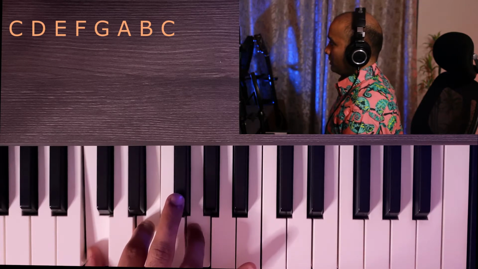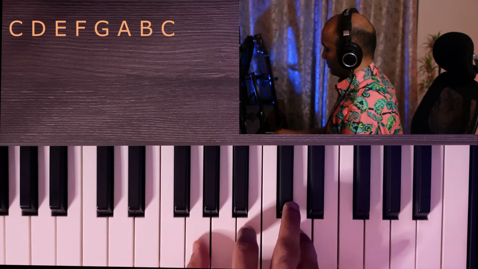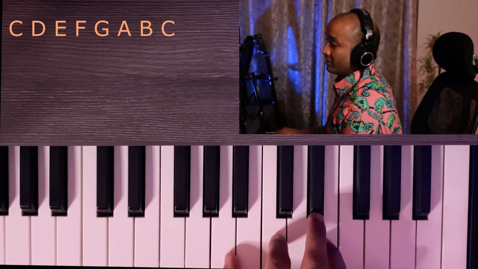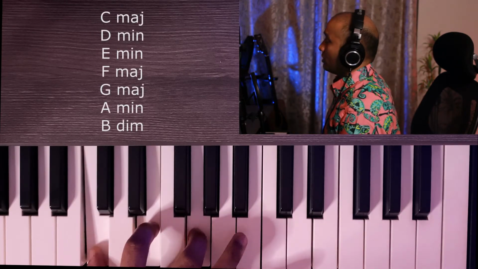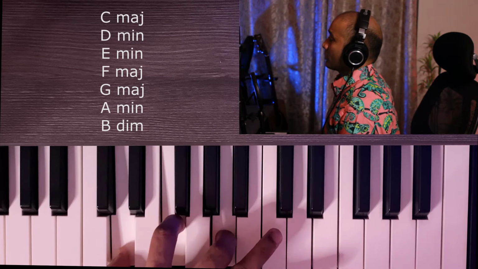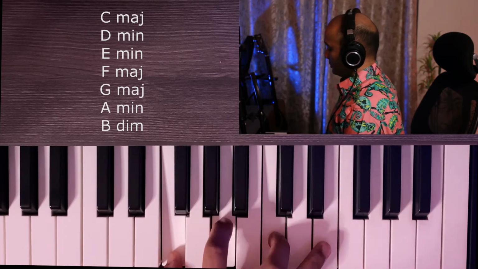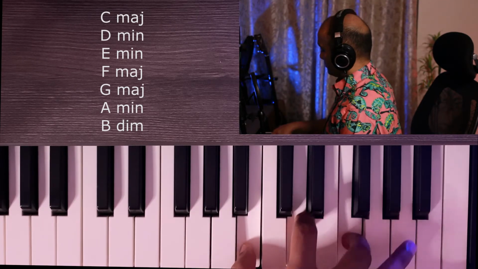Now you keep moving this arrangement one key forward till you hit the higher octave C, and you'll get all the chords that you can use in the major scale in Raag Bilaval. So here you go. C major, D minor, E minor, F major, G major, A minor, B diminished,